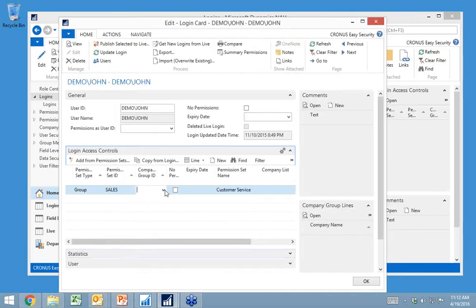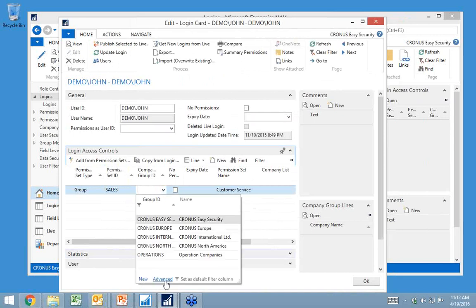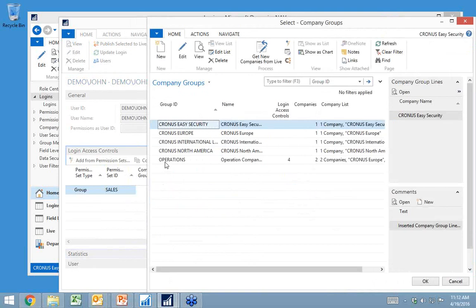So as I add a single group of permission sets in here, we do the same with companies, and I have 4 companies in my database, all called Kronos, and then I built this group, operations, that is these 2 companies combined. Building groups has an easy benefit right away, of course, but it also makes it easy to have the same security in a test and a production database.